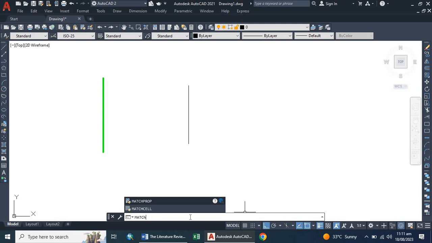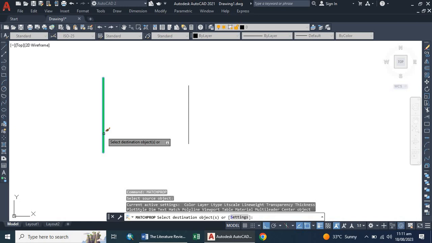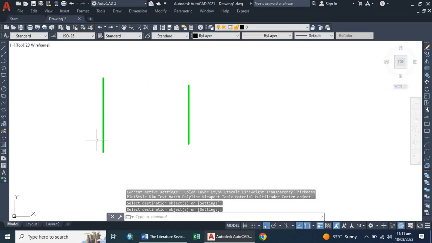If you type match on your keyboard, as you can see, the matchprop option has appeared, and if you click enter, the command is now in active condition. Now it is asking to select your source object. I can say this is my source object and I want the properties of this line to be there, so I want this as my destination object. As you can see, if I click here and press enter,